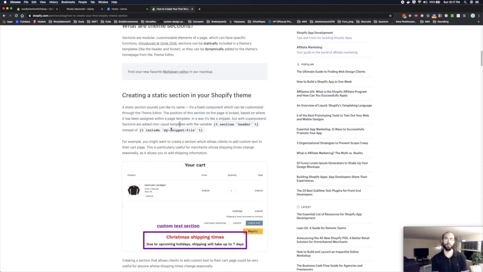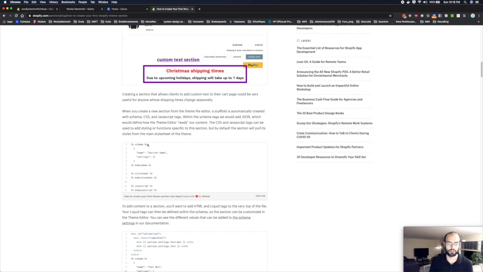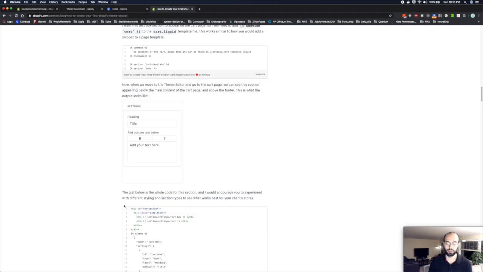Liquid is the language that Shopify uses to assemble everything. So it's kind of like a React component in a way. I'm pretty sure. I don't know. I haven't dug too deep into it, but it looks like that when you see that percentage sign within the curly braces, that's liquid. Because Shopify is a platform, and learning the liquid language is learning how to build on